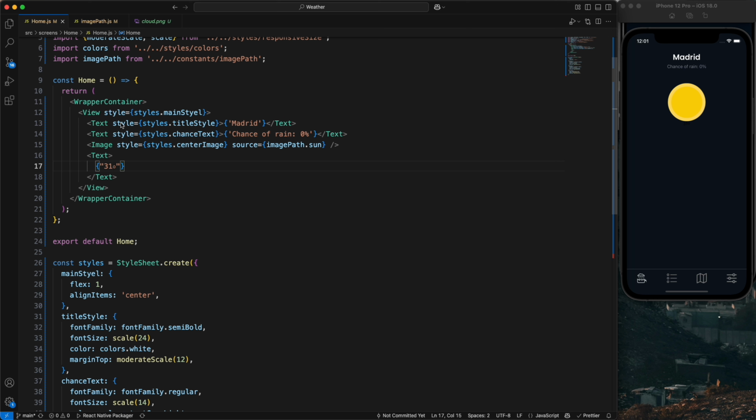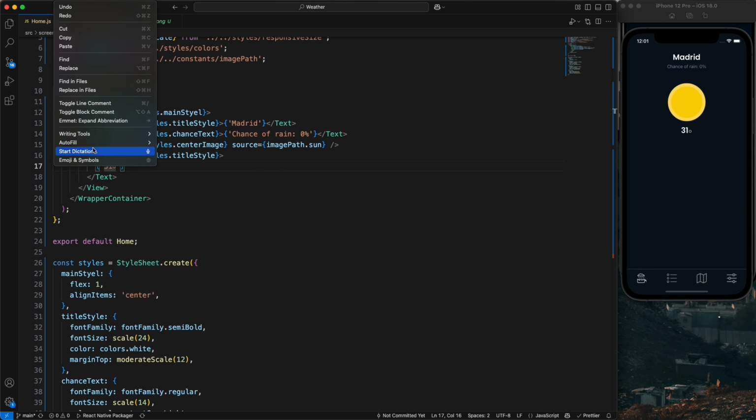And also we're going to apply the main title. We should apply the main title also. Save it. And we need the emoji like